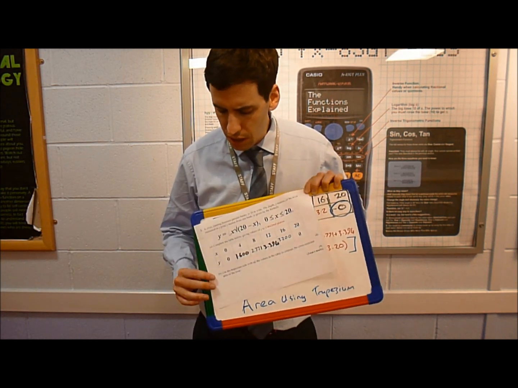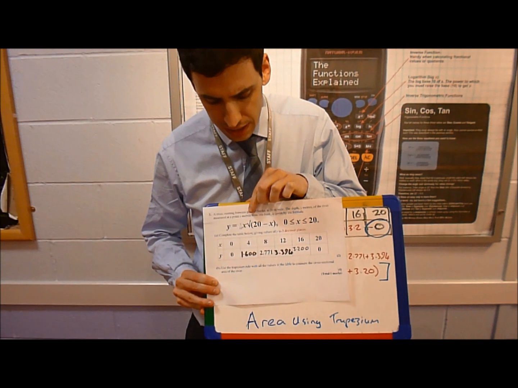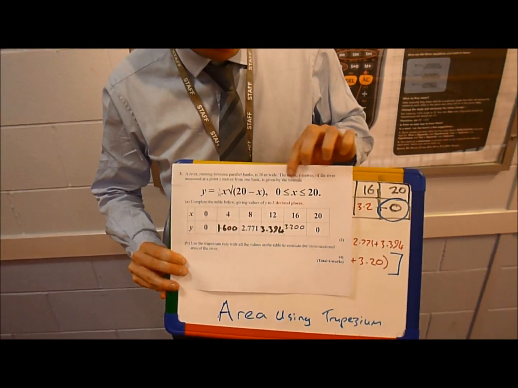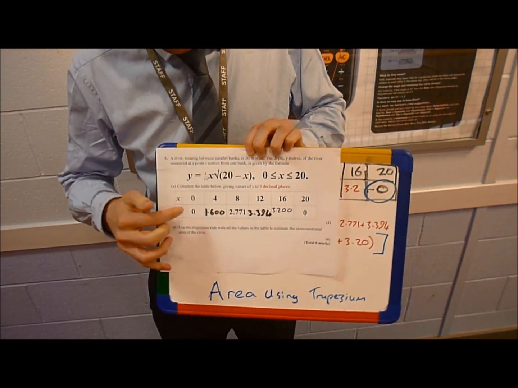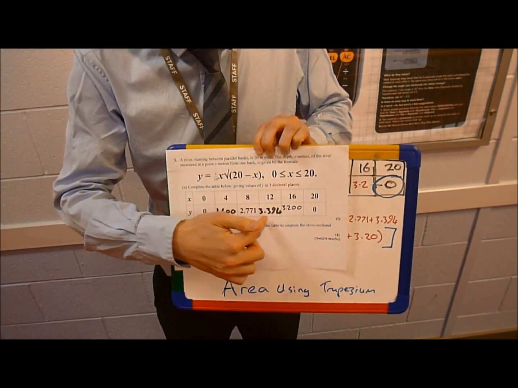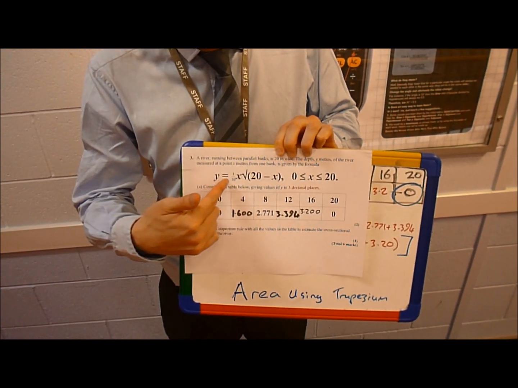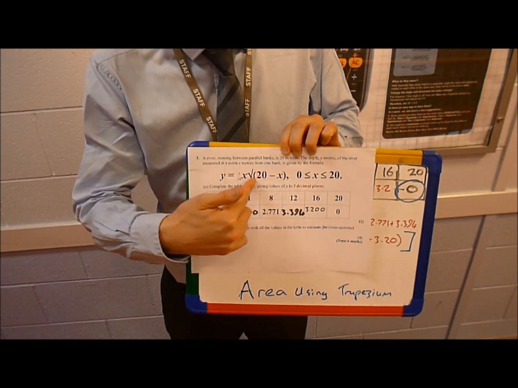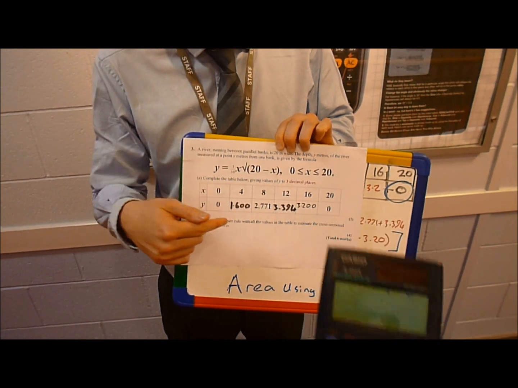Now in this question they've given us this function here, y equals 1/10 of x times the square root of 20 minus x, and that's between 0 and 20. And they've given us this table, and all the values printed they've given to us already. We just need to fill in these 3 blanks here. And all you do is you plug the value of x into this equation, shove that in your calculator, and put your answer